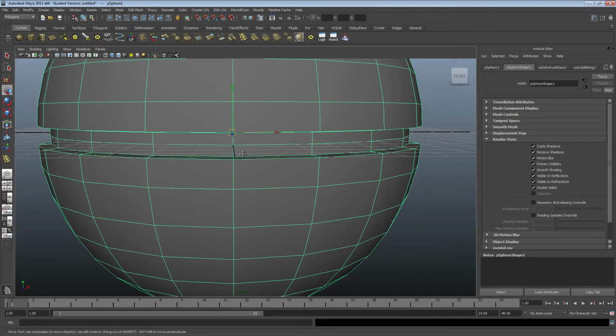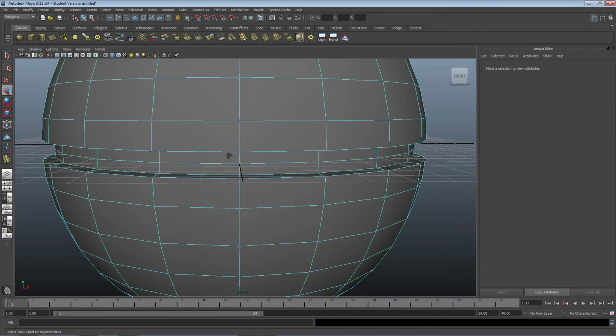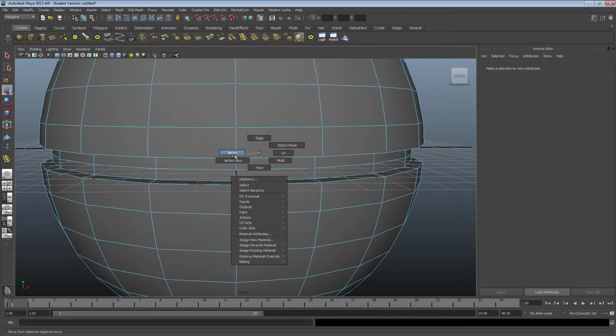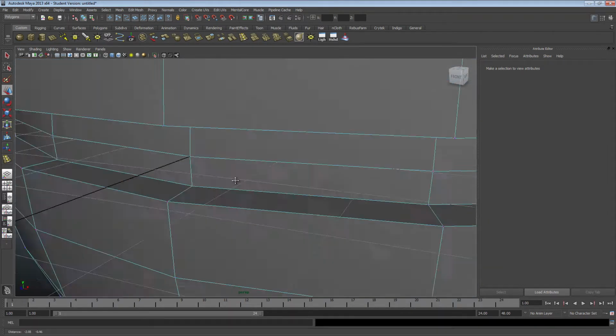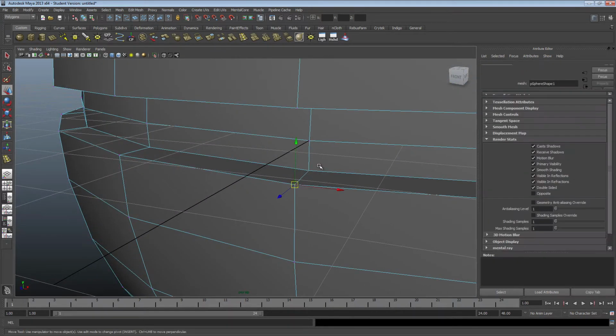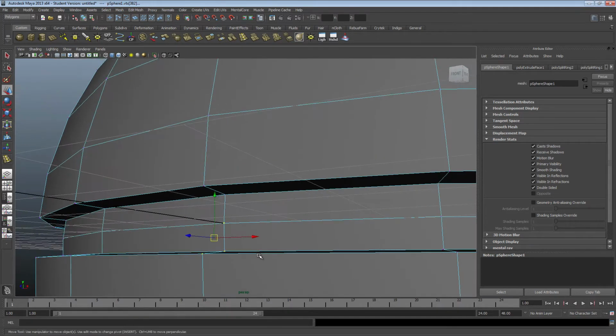So, the way I like to do it is pretty simple. Holding down right click again, and we're choosing vertexes this time. So vertexes are the little points on the surface. So let's just select, using shift,